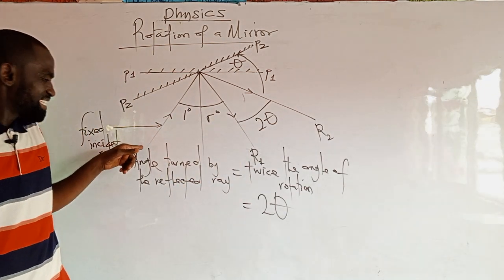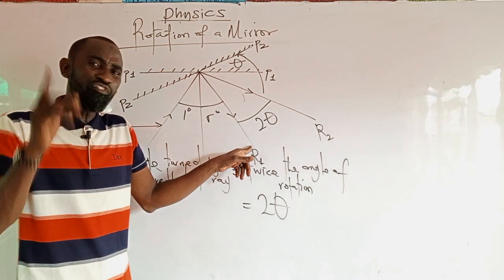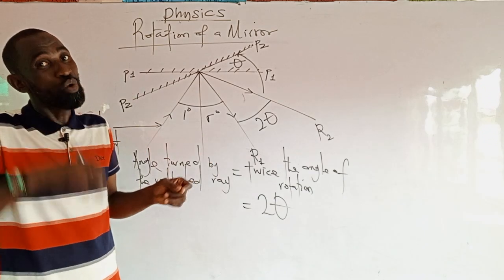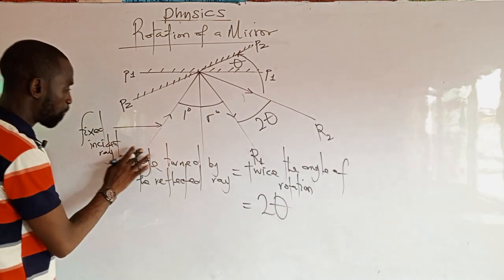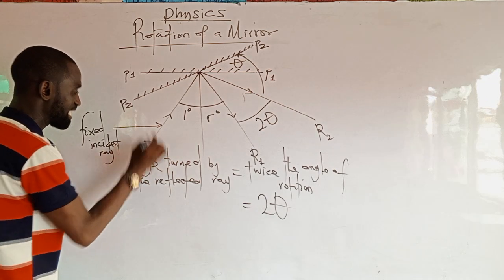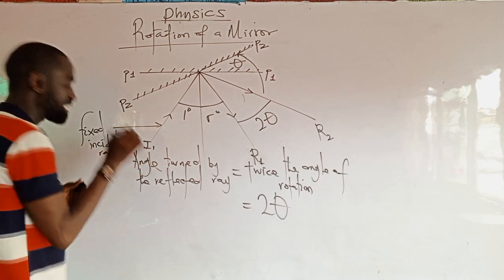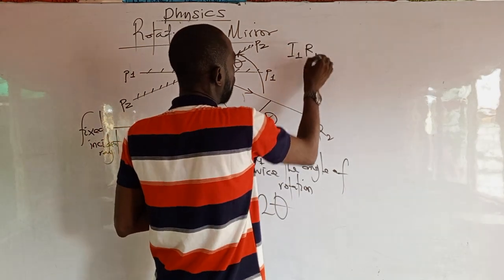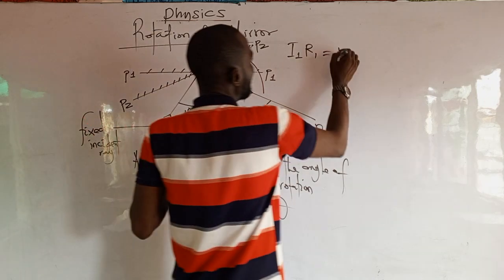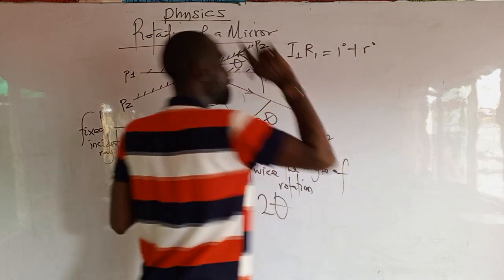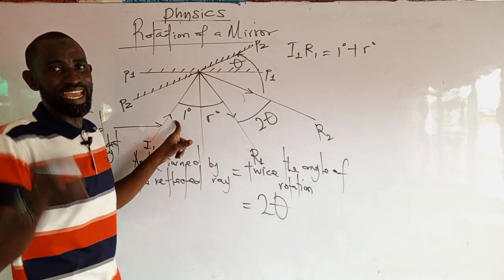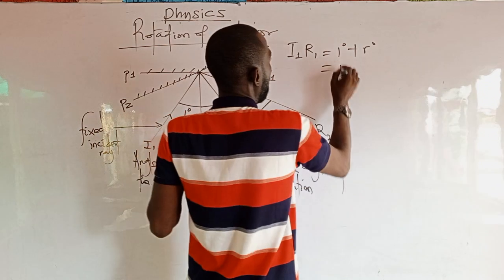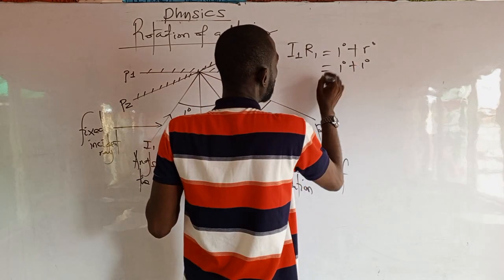The angle between the incident ray and the reflected ray before rotation is I plus R. Suppose I put incident ray 1 here, I1. The angle between I1 and R1 will be equal to I degrees plus R degrees. And recall, we said the angle of incidence is equal to the angle of reflection. So this is I degrees plus I degrees,